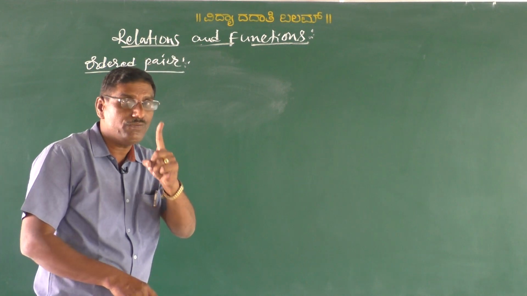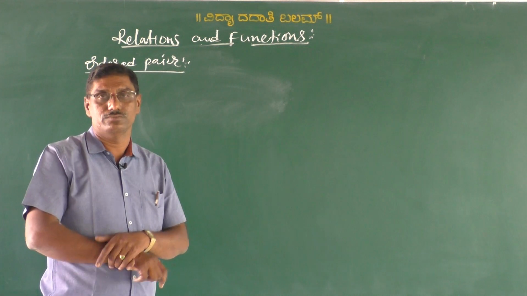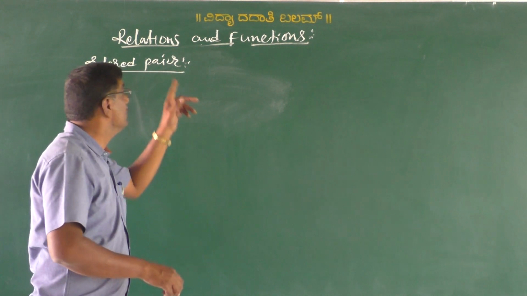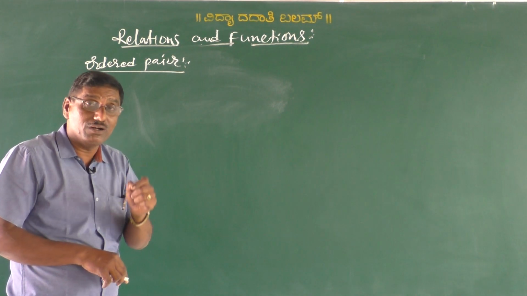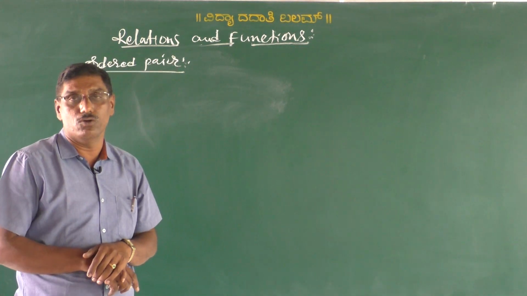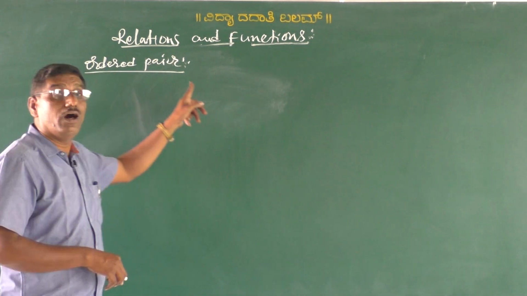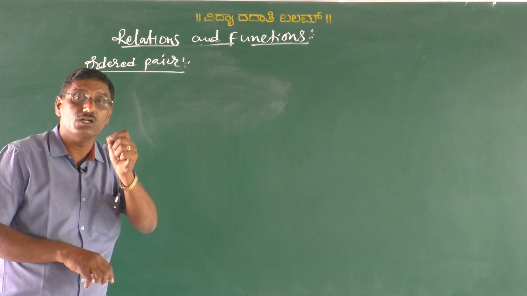Why do we call it specific order? Because according to some particular order we have to write the ordered pair. We have to write the ordered pair, that is the two elements